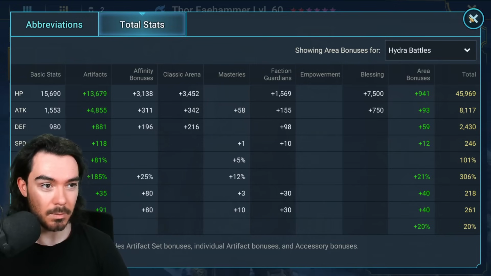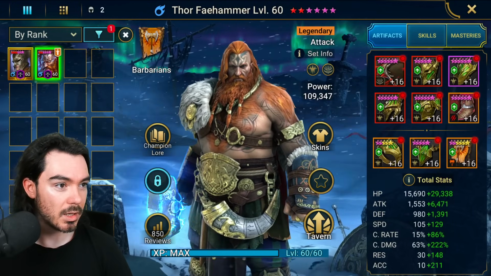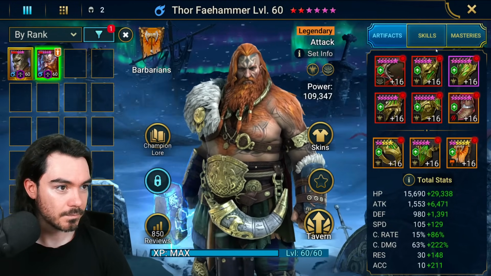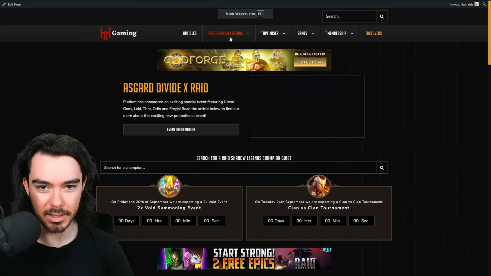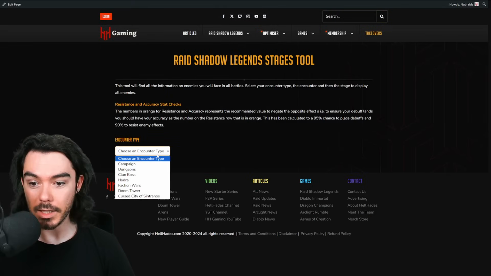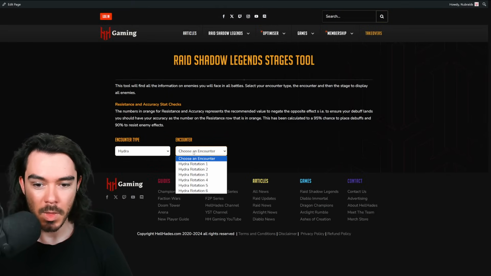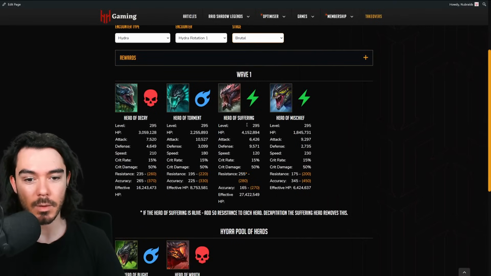So let me show you what you want to do, a couple of tools that you want to use to make sure that you do this properly. So let's bring over the Hell Hades optimizer. We'll look at that, and we'll also look at hellhades.com. You want to come over here and use the raid stages tool, right? So let's say we want to build him for Hydra. Doesn't matter which rotation. I'm building mine for Brutal Hydra, so I'm going to come into Brutal,